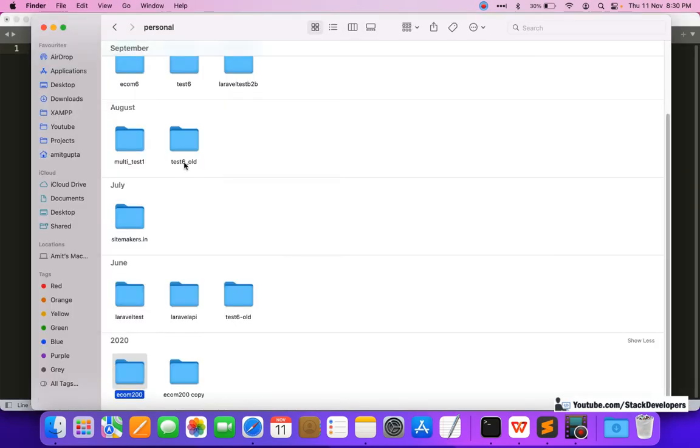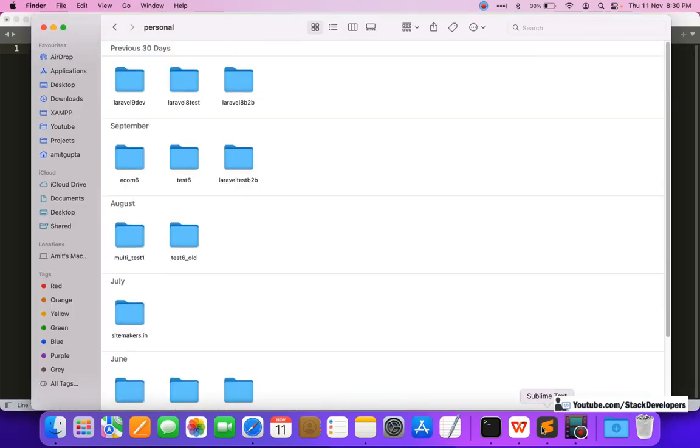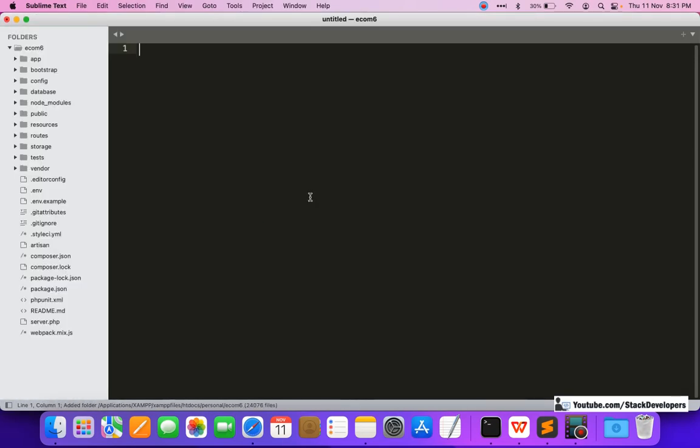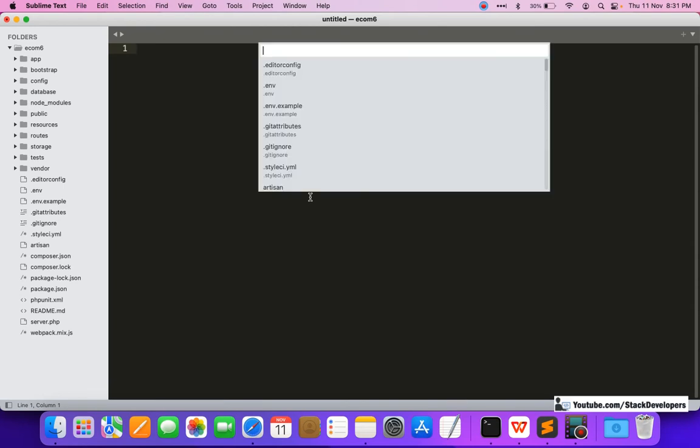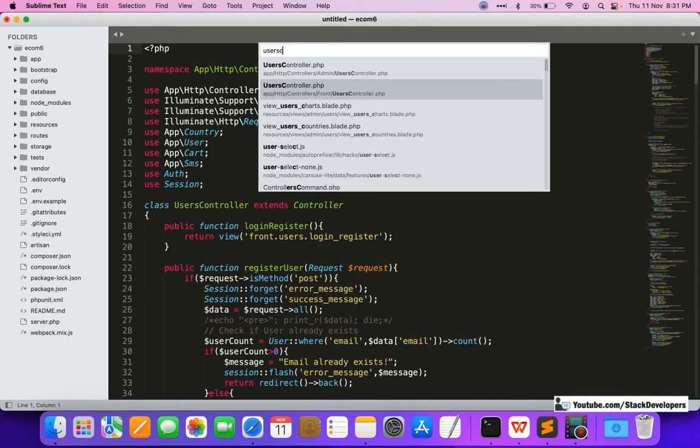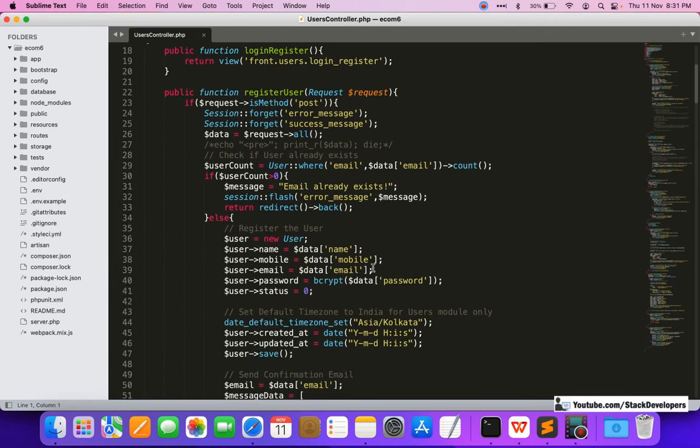First, I want to use the advanced e-commerce series code. Here I am going to open the register user function in the user controller, from where we are registering the users on the front end.